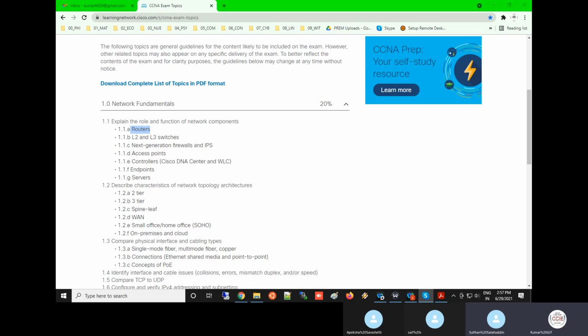Wait, let me ask this question to our Sultan. Yes, sir. What is routing lookup? What will happen in routing lookup? Using the IP address, it will tell where the packet has to go, sir. I mean, which destination it has to go. Selecting the best route. Yes, sir. Step number 1.